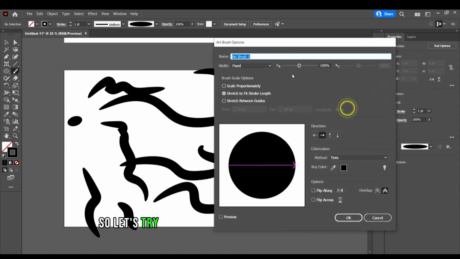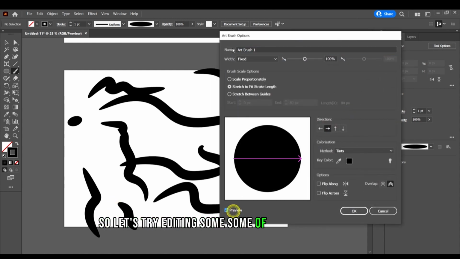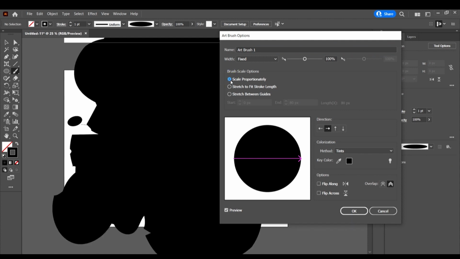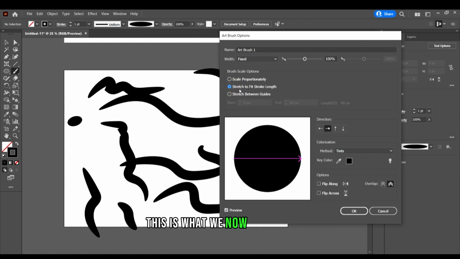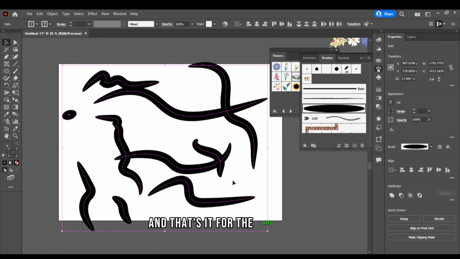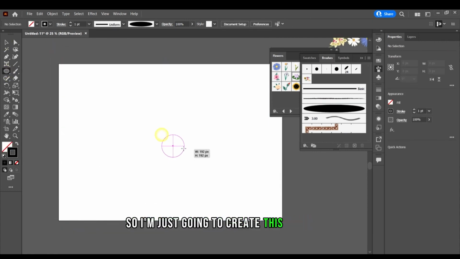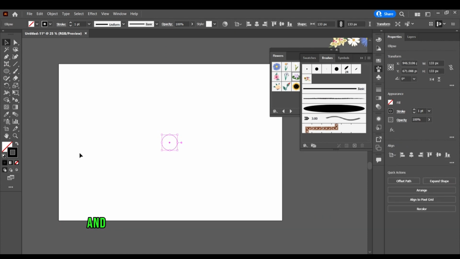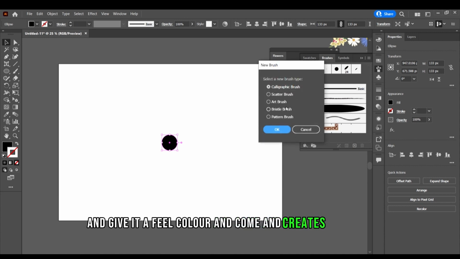So let's try editing some of the options to see what we get. So you see, scale proportionately is what we now get. Basically, not much, but you get the point. And that's it for the arts brush. So I'm just going to create this guy again and give it a fill color and create my